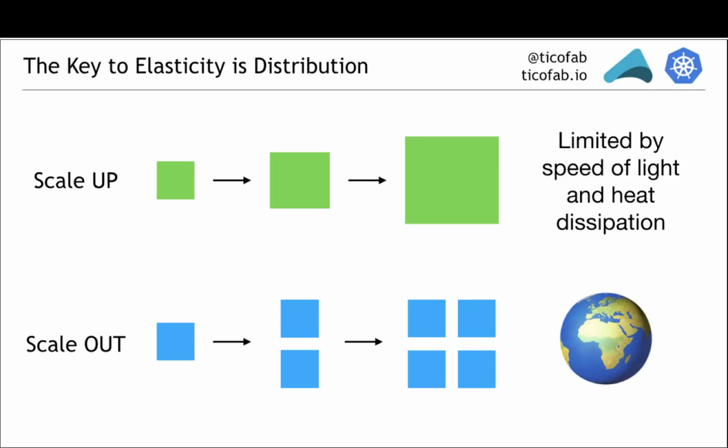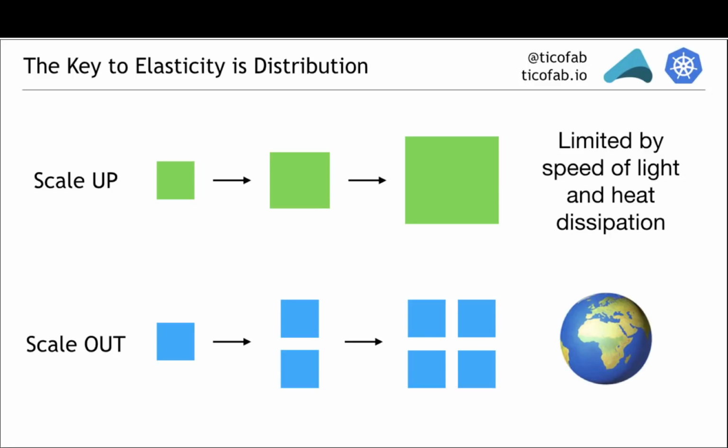So, elasticity. Once we were thinking more in terms of scaling up, that is making our machines more powerful, faster, but that approach has reached its limits in the last 10 years or so. And that is due to the speed of light and heat dissipation issues. So instead, the world resorted to making things parallel. Instead of having bigger machines, we will have more machines, which results in challenges in parallelizing things and maybe collecting results and things like that. In other words, elasticity today means we need to distribute things and execute tasks concurrently.